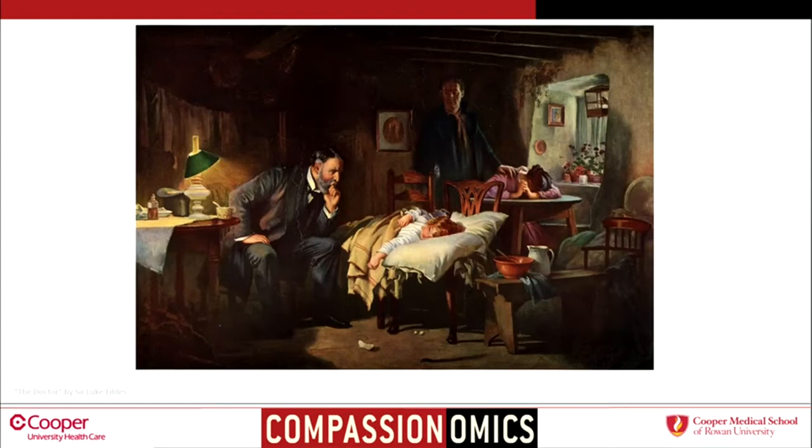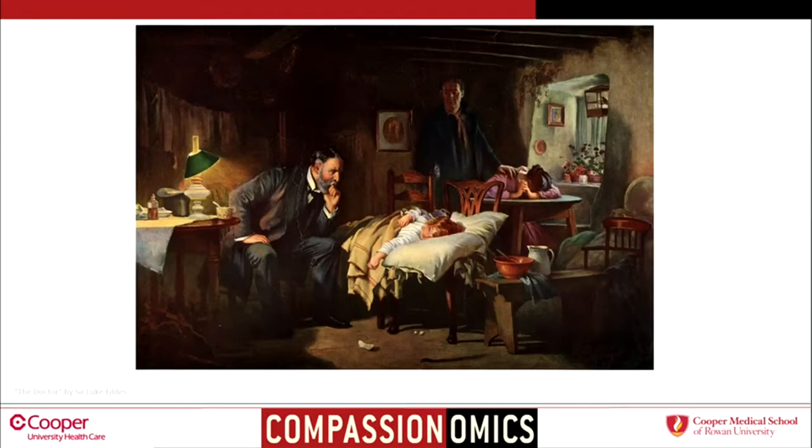It's called The Doctor. This is actually a painting that I have hanging on my wall in my office at Cooper. The reason why I have it hanging on my wall in my office is because it's a constant reminder to me about what taking care of patients is supposed to be all about. If you notice, this physician, this doctor, is totally locked in to his patient. He's totally in the zone, so to speak. There's nothing you could do to distract this physician from the patient, this young girl who is gravely ill,